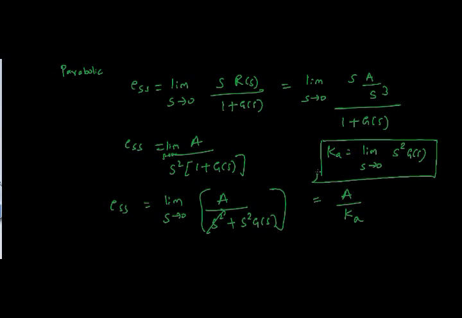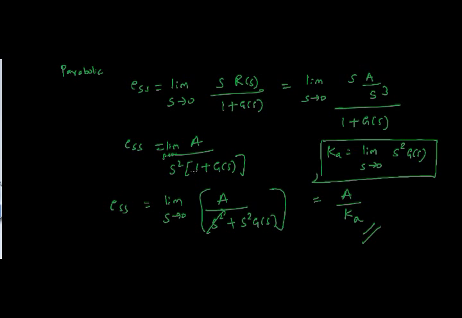Okay, so this is the steady state error for parabolic input. So you saw how steady state error depends upon the type of input. Now let's also see the table and see how the steady state error also depends upon the type of control system, because we know that there are type 0, type 1, type 2, type 3 control systems. Okay, so let's see the tabular